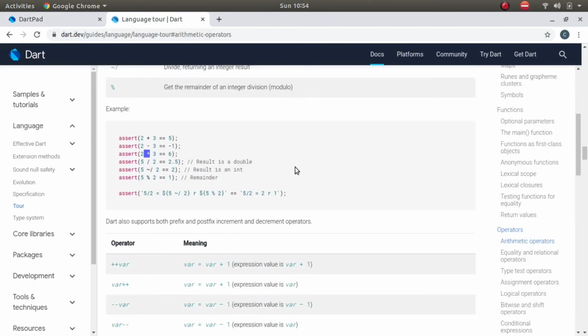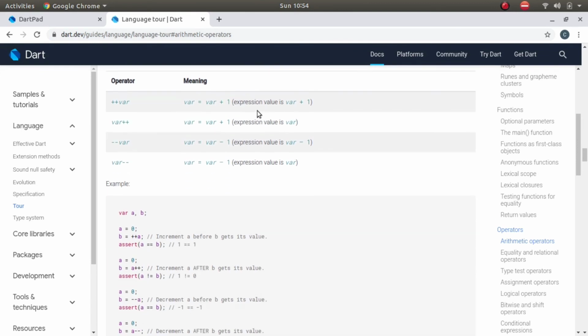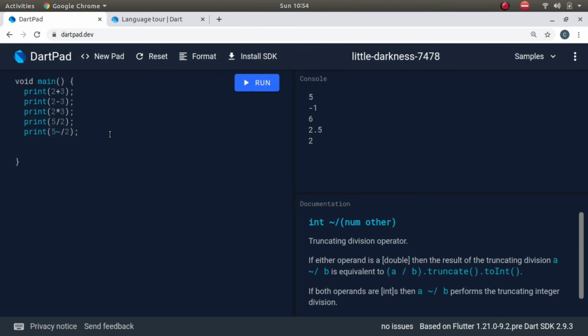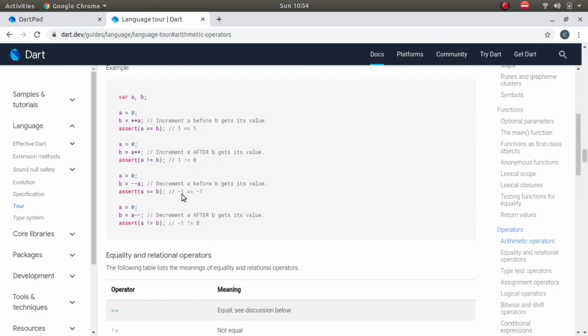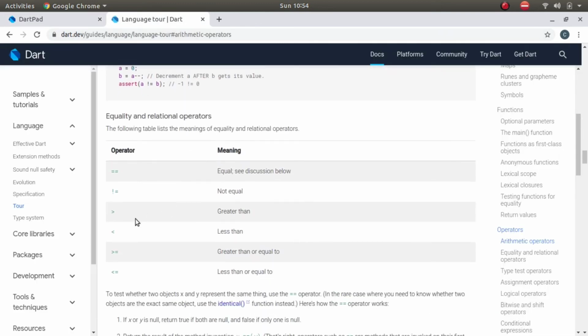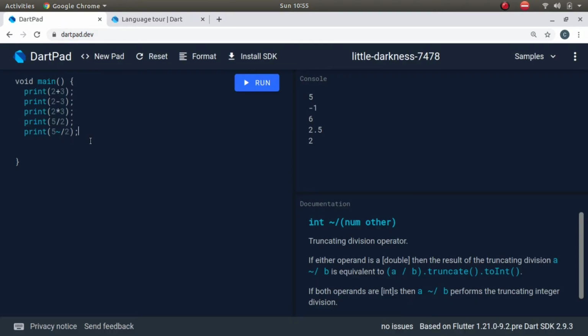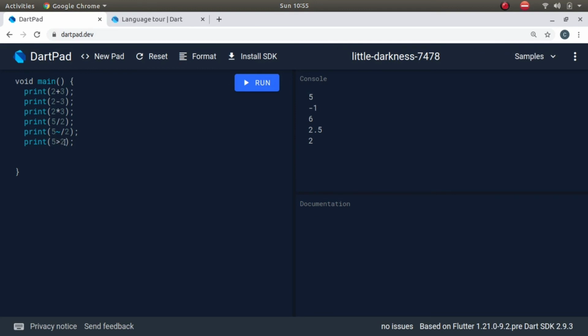So let's find some other useful operators which we use. Yeah, there are the greater than and less than symbols. Now if we write print 5 greater than 2, Dart will compare 5 and 2 using this operator and tell us whether this expression is true or not.